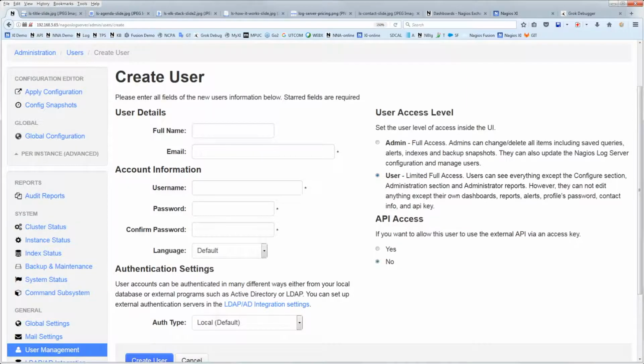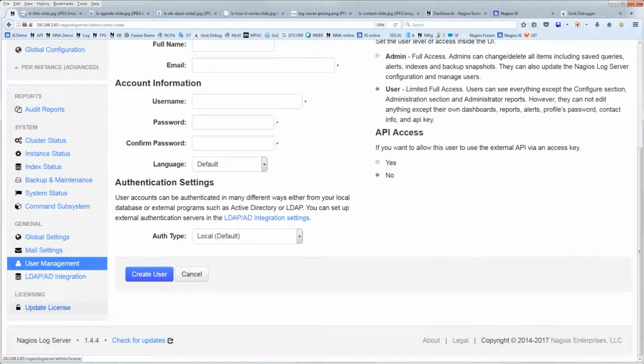And then down at the very bottom is update license. And so if you try out Log Server and it works out to be a great value and it meets your requirements, you can just drop your license key in here and be up and running and fully licensed. So that's a quick walkthrough of the Log Server interface, getting data in, making use of the data, sending alerts,